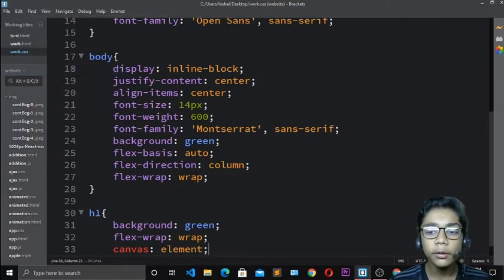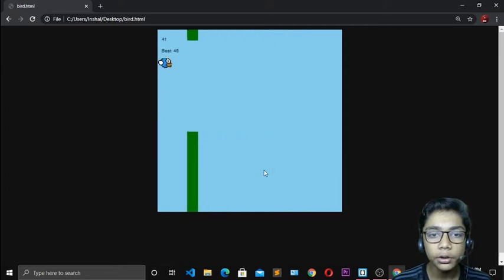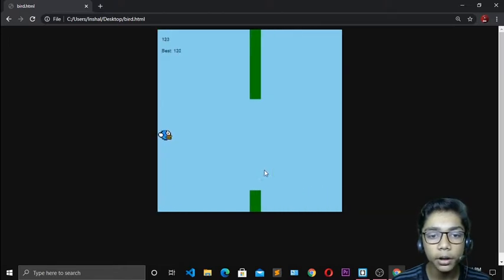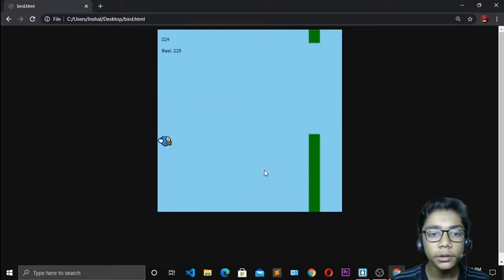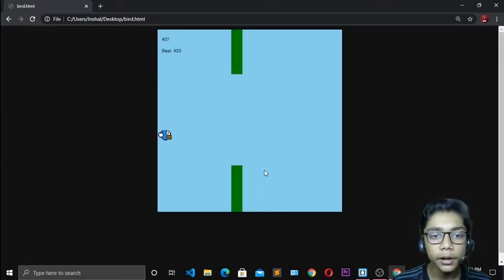And now when you've done all that, if I show you in Google Chrome over here, if I just open it, now here you can see how beautiful our Flappy game is looking. Here you can see that the Flappy Bird game is now ready. Now when I'm going like that, it is doing like that. Here you can see that we have made it successfully.